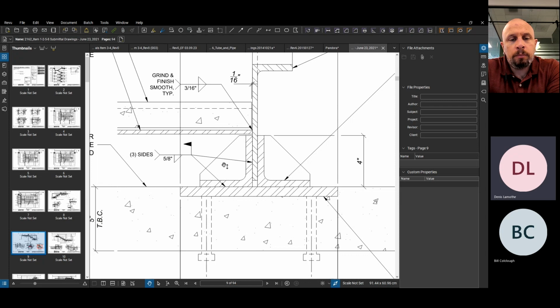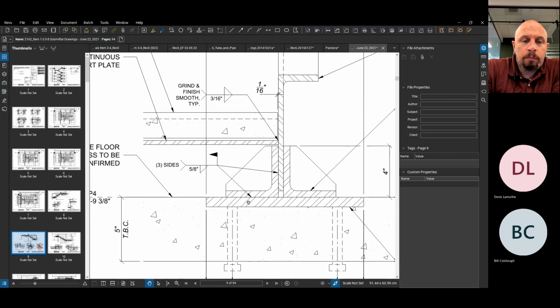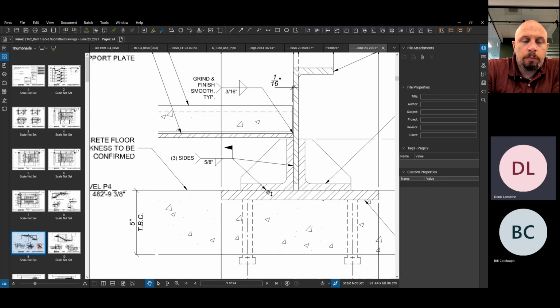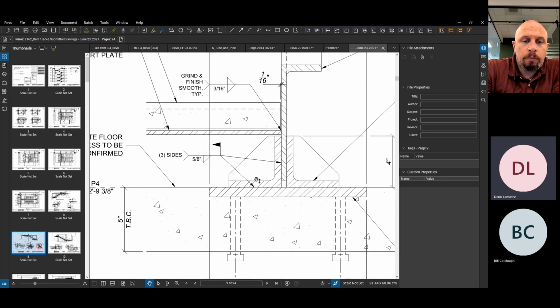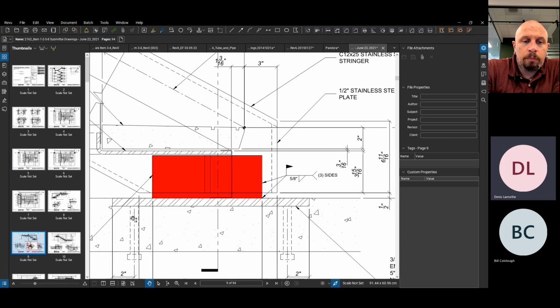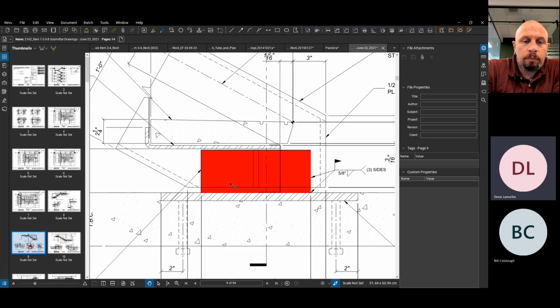Without the embed plates, we'd probably be using anchor bolts going straight through. They could be wedged, they could be an epoxy anchor, they could be screw anchors. Again, the engineer will typically state what they want to see used, and then you just replicate that in your drawings. If we use any kind of anchors, consideration when you're doing your drawings, especially your fabrication and your assembly drawings: the first treads that you might have on your stair would probably, well, by probably I mean definitely get in the way of being able to have easy access to get at the angle clips or base plate,